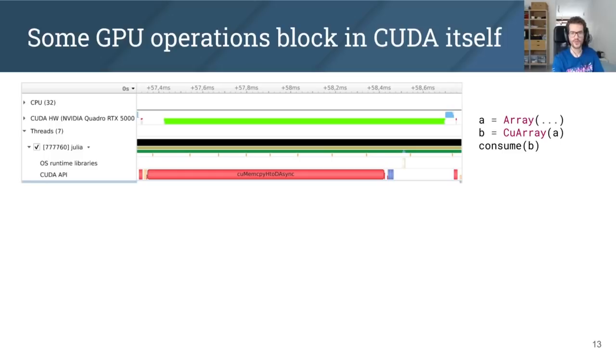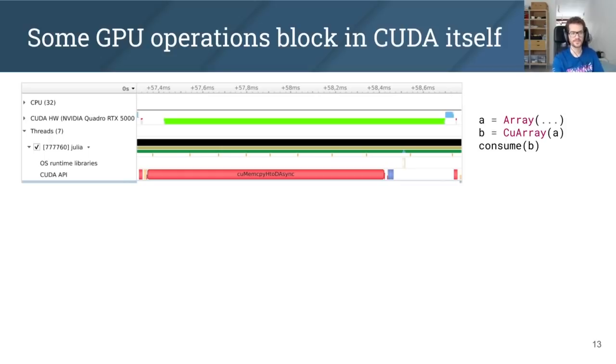As you can see in the profile trace here, the bottom row, the CPU, is kept busy for most of the time during the memory transfer, which is inefficient. And the reason behind this is that the CUDA library refuses to perform this operation asynchronously because the operating system could in theory page out this memory. So it first copies all of the memory into a staging buffer before performing the actual memory operation.